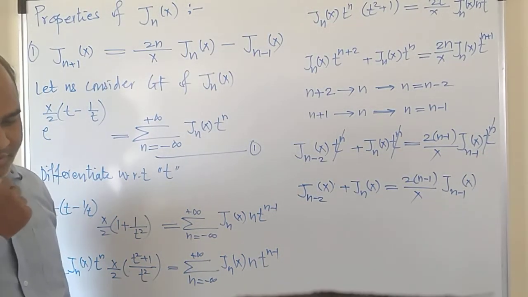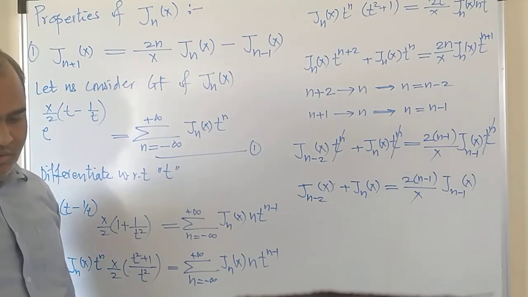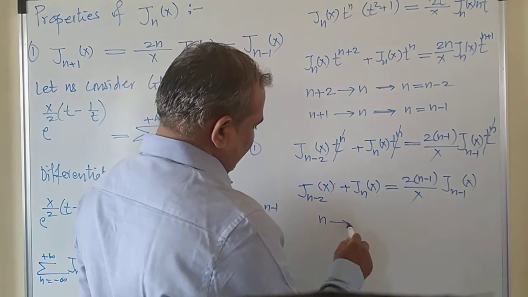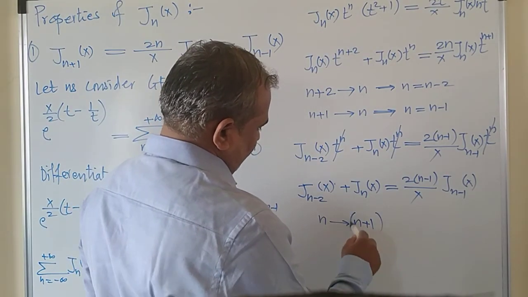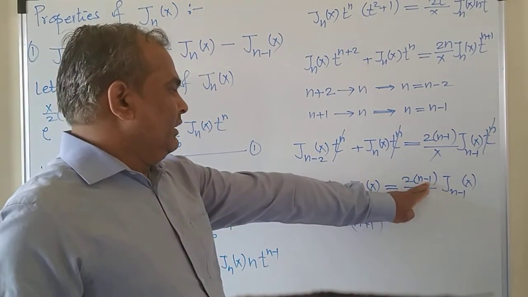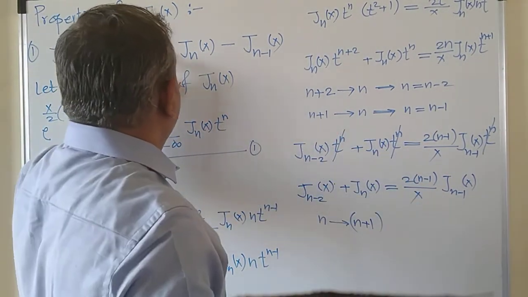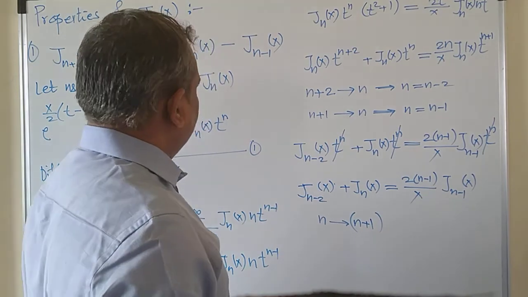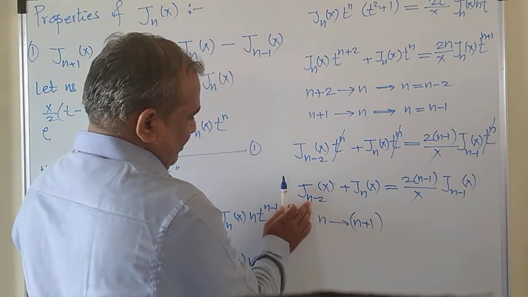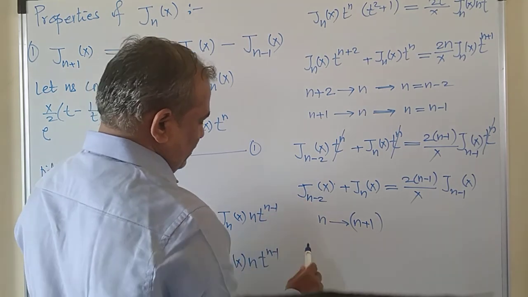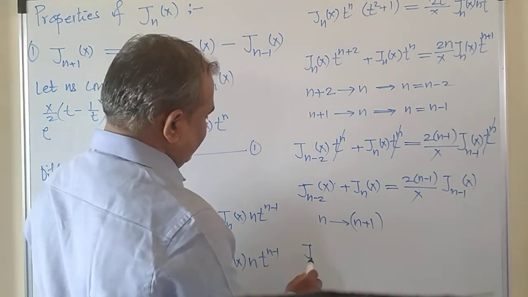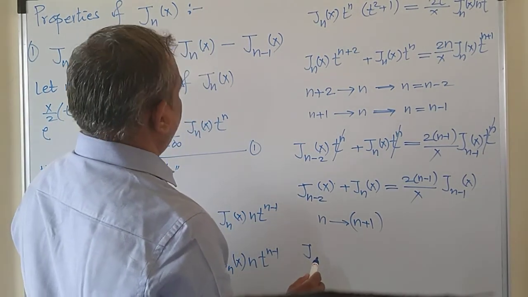To get the required equation, what we should do is, n must be replaced by n plus 1, right? So that here we will get 2n by x, right? So let's do that. If here is n plus 1, so we will get n plus 1 minus 2, that means J n minus 1 of x